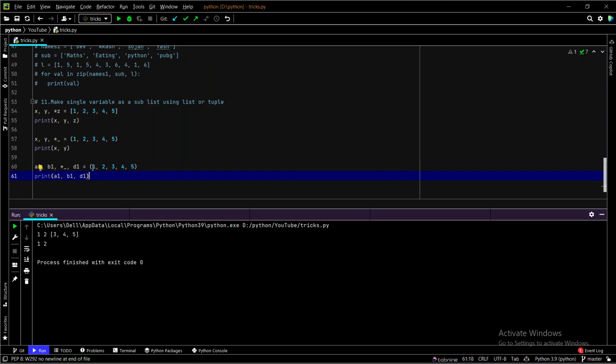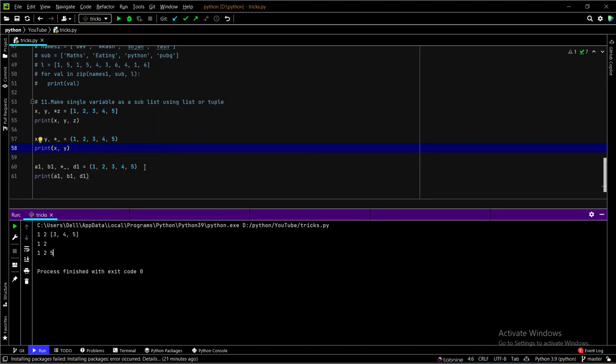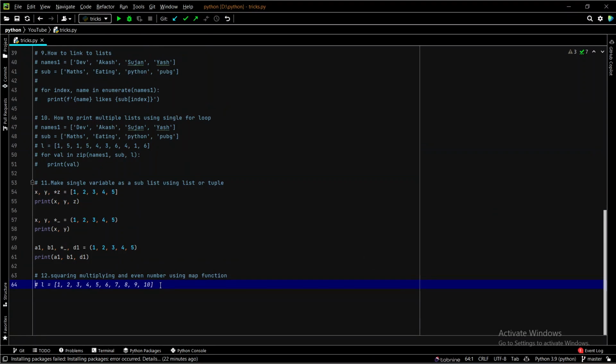Now what I'll do over here is I just take the first and second one normally, and the rest between them I'll exclude, and I will add some variable at last. You can see over here I'll just print it. Now you can see. Here's the magic: how to access the elements, or you can store them in a separate list. In this trick you can see that I've added squaring and multiplying even numbers using the map function. That means I will create a list